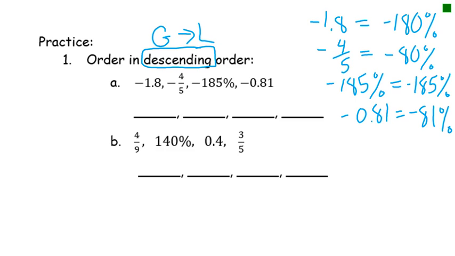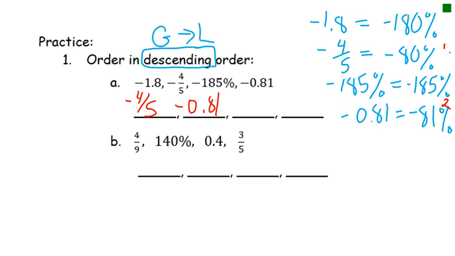So where I've listed these percent equivalencies over to the side, remember these are negatives, so sometimes you have to stop and think about these negatives. The number that's the greatest, because these are negatives, is the one that's the least negative. So my least negative number is the negative 80%. That's the least negative, so that's the greatest. And that was negative 4/5. Then my next least negative number would be negative 81%. It's a little bit more negative because it would be a little bit farther to the left on the number line. Its original form was negative